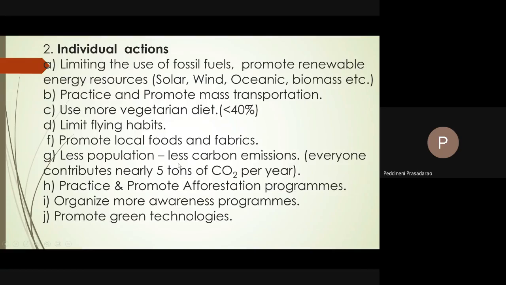Less population, you will be reducing. That means each one contributes nearly 5 tons of carbon dioxide per year. So that's why if you reduce the population, automatically you can reduce the emissions. Practice and promote afforestation programs, organize more awareness programs, and promote green technology. So at the individual level, you may have many, but some of the things which we can easily practice actually